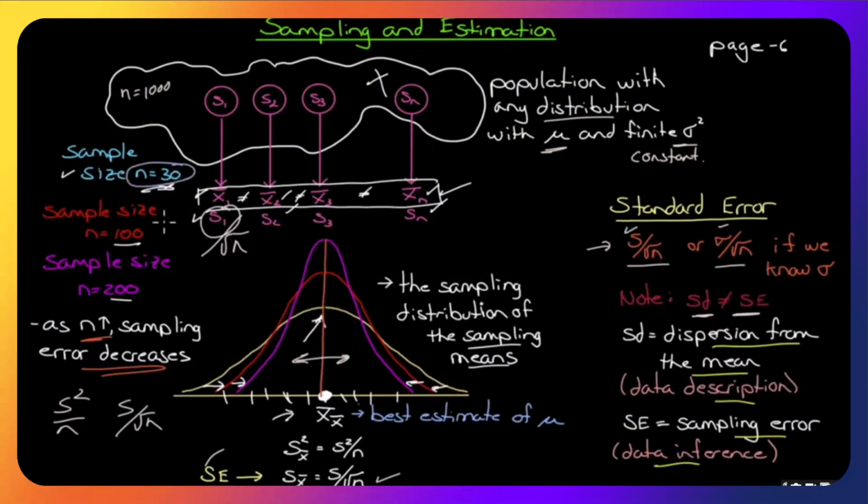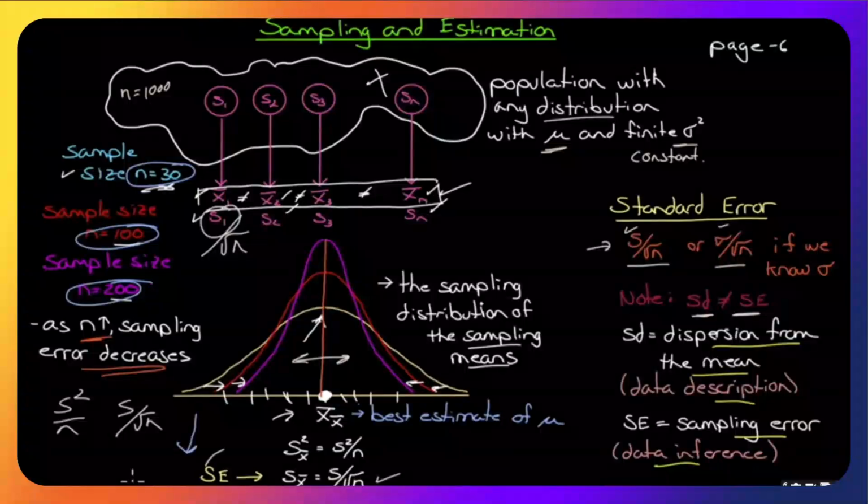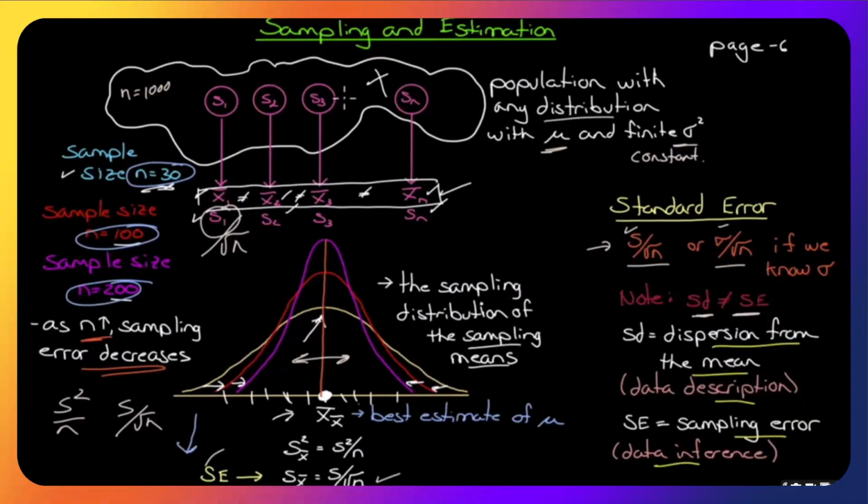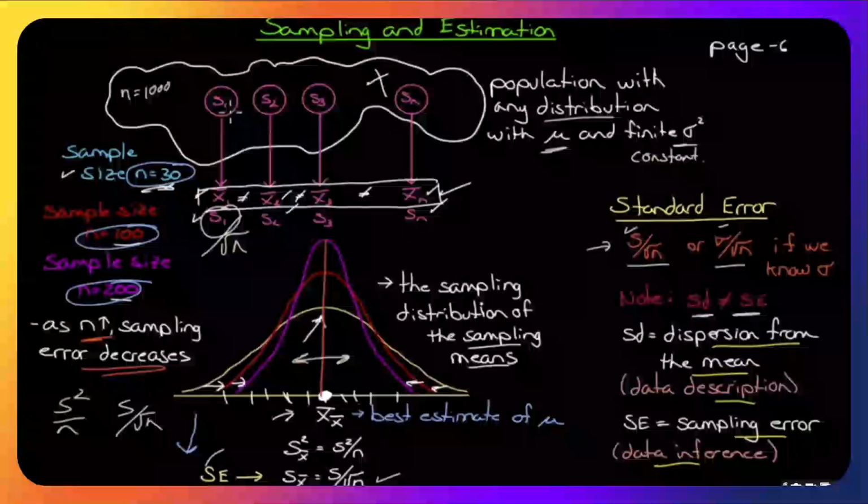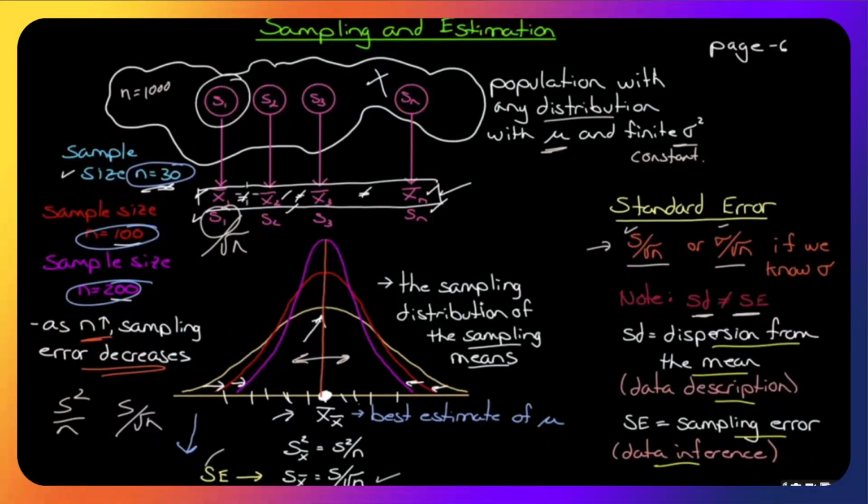We went from n equals 30, n equals 100, n equals 200. Our standard error will decrease. However, if we were sampling a population and we went from a sample of 30 to a sample of 100 to a sample of 200, our measure of standard deviation would pretty much be the same. Constant. Standard deviations are constant and finite, whereas standard errors will shrink